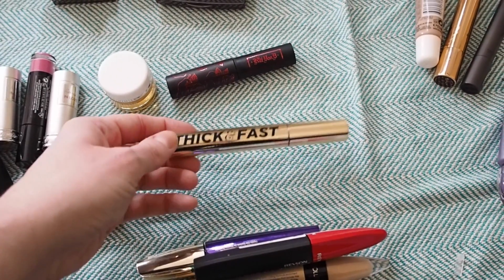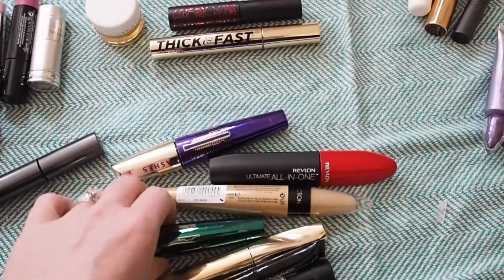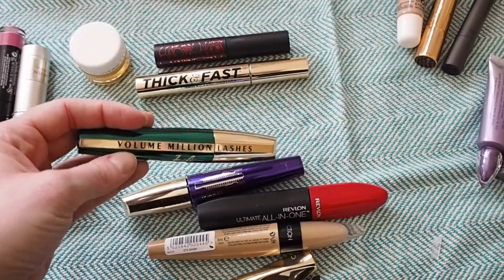This one is Thick and Fast by Soap and Glory. Didn't love this one, and that's a couple of months old probably, so that's going to go. Then I've got two L'Oreal ones here, which I do absolutely love, but both of them are probably a bit too old and have been well used. So I really love